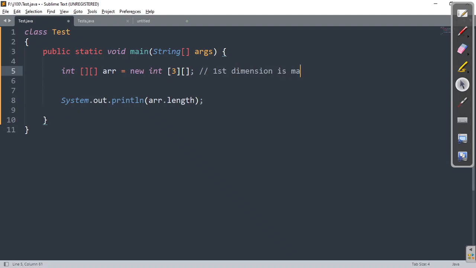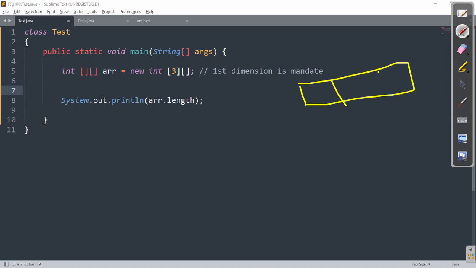You cannot omit that. Second, we can. Third also we can, but the base you cannot ignore. You have to specify the size, right? Why am I declaring all that? Because I know the base address. Remaining, what is going to happen, I don't know. As per my requirement, I will declare. Right? This is what we are talking about.